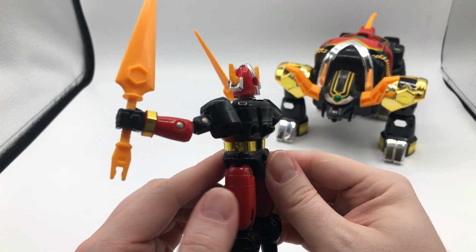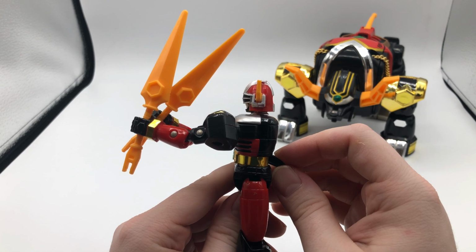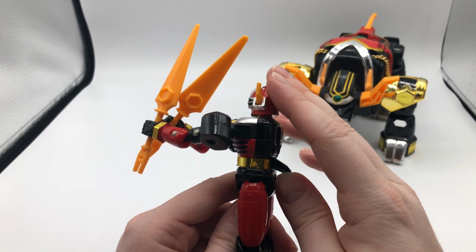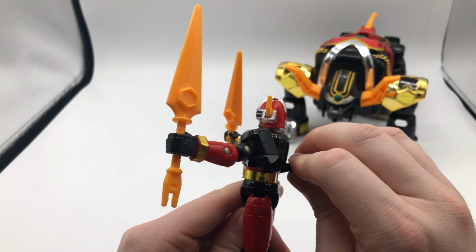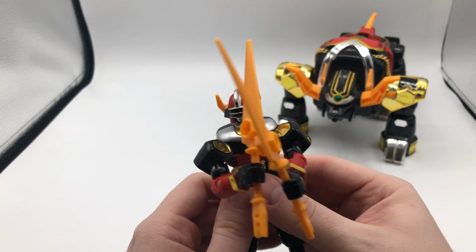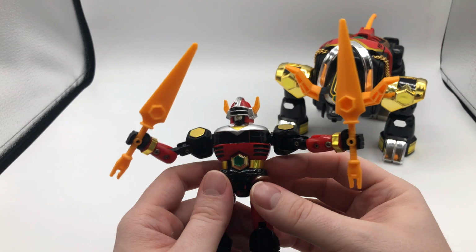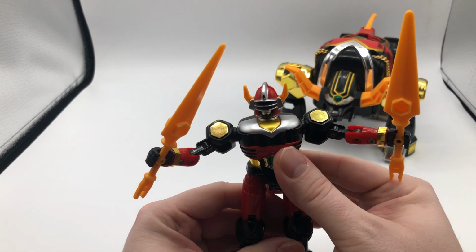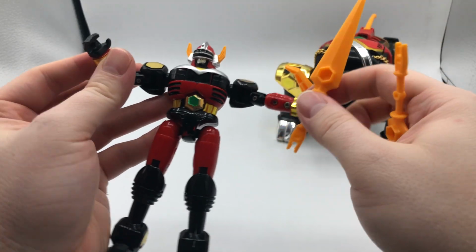There is a switch back here, which is for the transformation. It brings his shoulders forward. I guess they just wanted to give it some kind of action feature. It's kind of silly. I guess he could, I've got my swords, I'm powerful and stuff. But I feel like you could have just let us fold him forward. It doesn't really seem to add too much. I'm going to take these off real quick because,